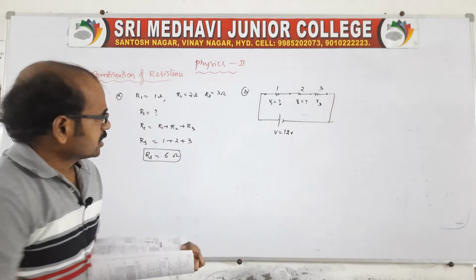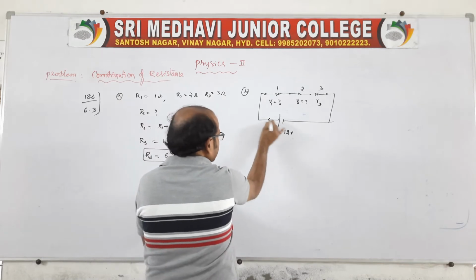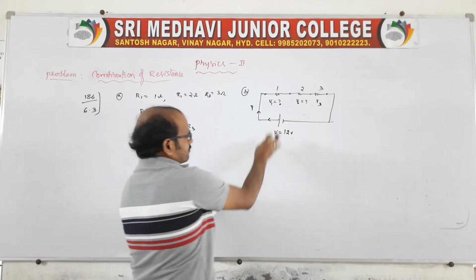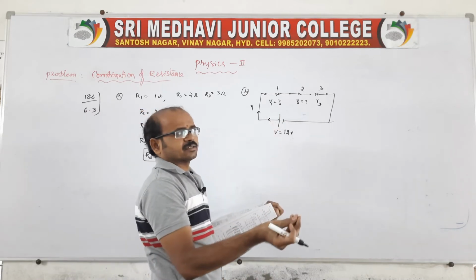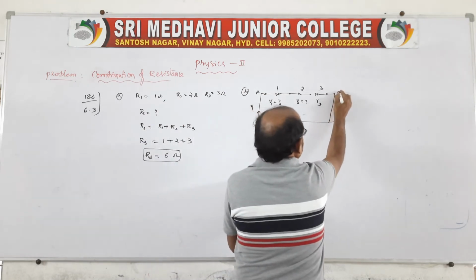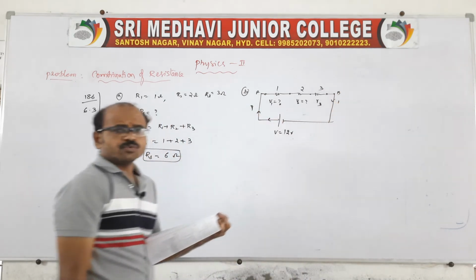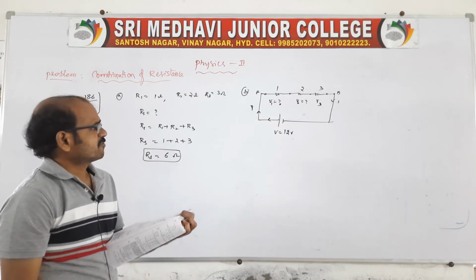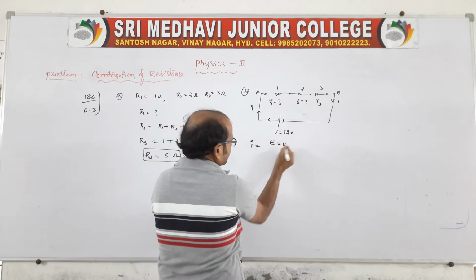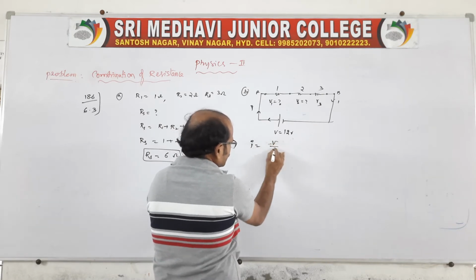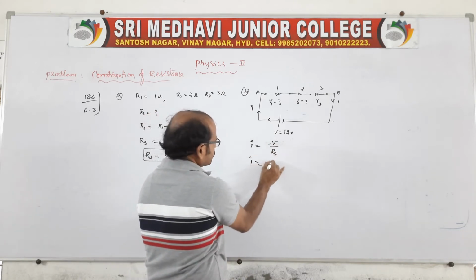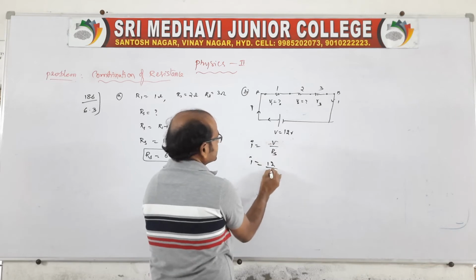Now again we have to do the same thing. How much current is entering here? That is very important, because from the battery, from the source, we must see what current is entering at A, and of course it is leaving also. So we first need to find the current from the source. Take I is equal to EMF, or V, divided by total resistance Rs. So I is equal to 12 by Rs, which is 6 ohm.